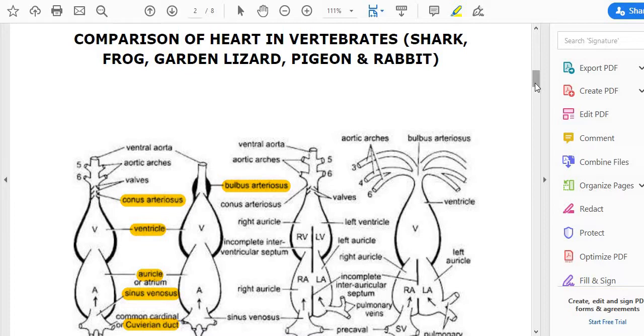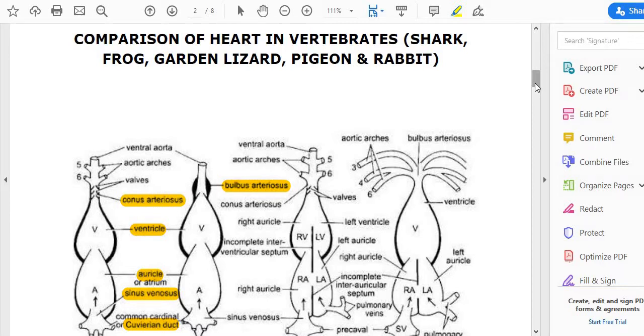The heart is usually derived from the mesodermal tissue, and it is protected inside a cavity called the pericardial cavity. That cavity is made up of pericardium, whereas the heart is made up of cardiac muscles, which are involuntary in nature. That's why the heart always pumps the blood, because of the presence of cardiac muscles, which are involuntary and don't stop their work.